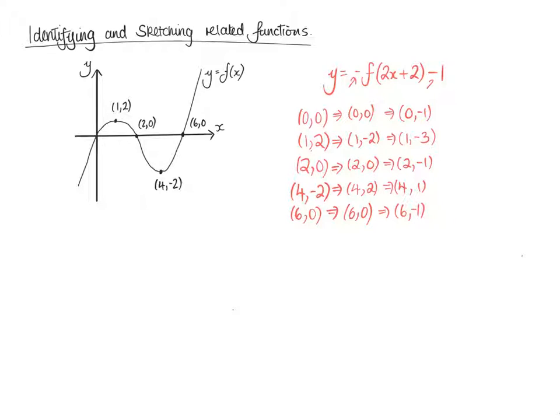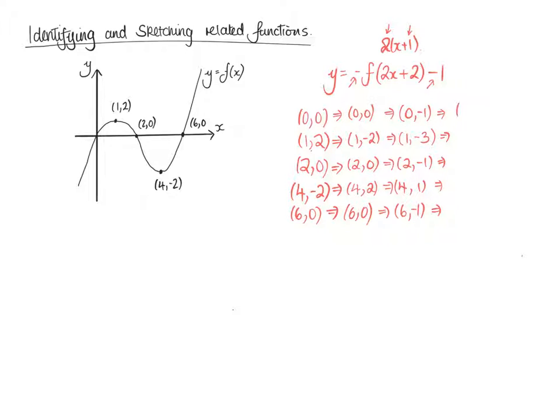So far we've dealt with this part, the negative, and we've dealt with the minus 1. And then in our function bit, we've got 2x plus 2, and this is where it becomes a little bit more complex. So, because we've got a combination, we know that the 2x is going to make the graph compressed, so it's going to make it half as big, and then the plus 2 is going to move the graph. But the 2x, because it's all in there together, it does actually affect how many units it gets moved. So you can kind of think of it as 2 times x plus 1. So the 2 compresses it by half, but then we're only actually going to move it 1 unit over. Okay, so